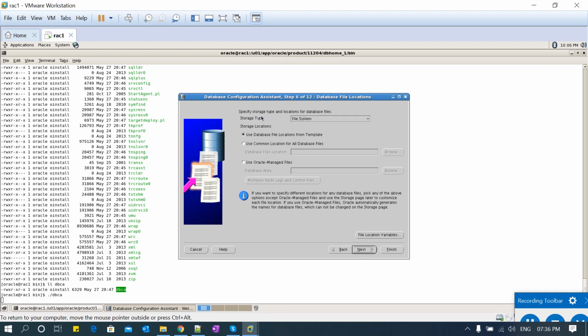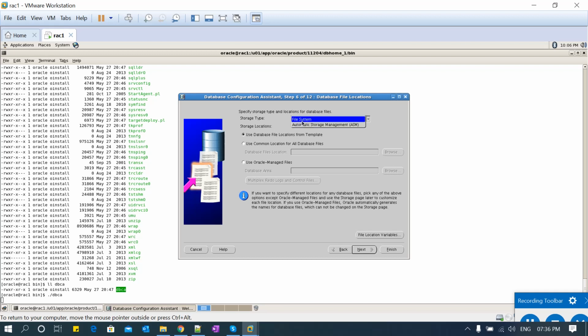Okay, so for the storage type, whichever file system storage you are using, such as SAN or NAS, has to be first converted into a raw device. Then on top of that you have to install ASM if you are going with high availability, RAC or Real Application Clusters, or RAC One Node.